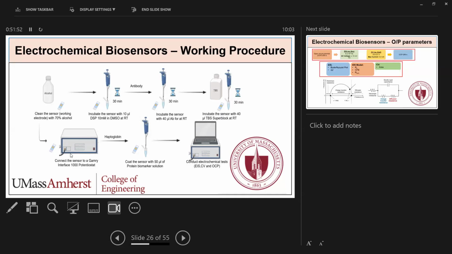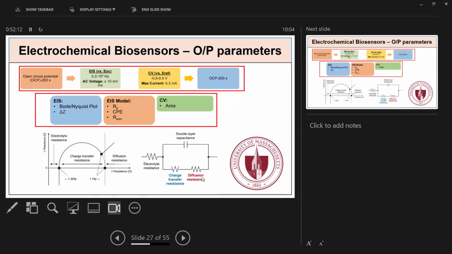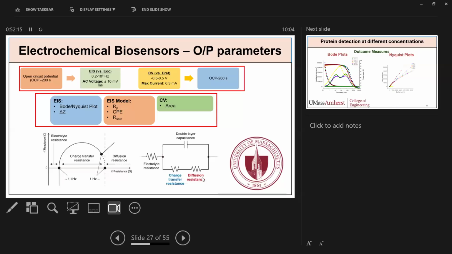And then we did different concentrations and tried to collect different electrochemical results like EIS, CV, open circuit potential, and whatnot. There are even more advanced ones, square wave voltammetry, differential pulse voltammetry. That's a different lecture. So what do we get from electrochemical biosensors after all this interaction? Transducing readable parameters: open circuit potential,